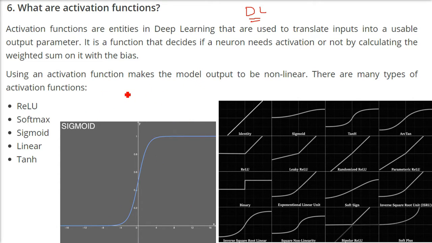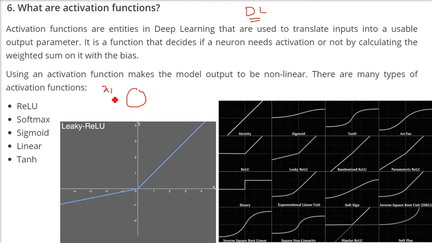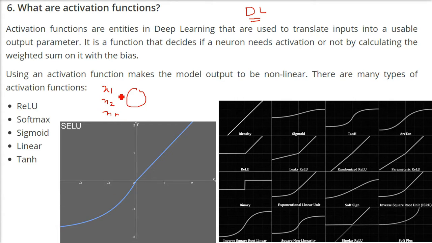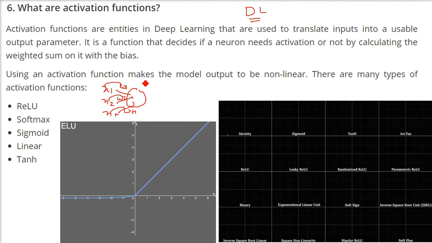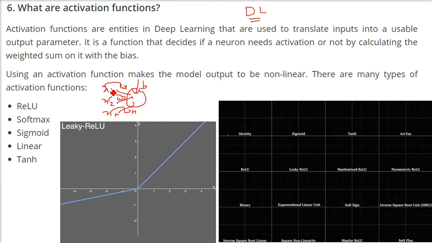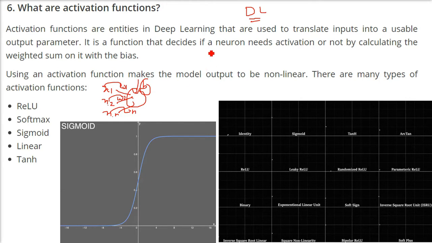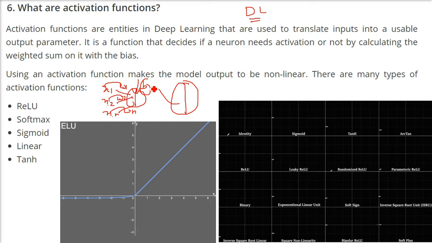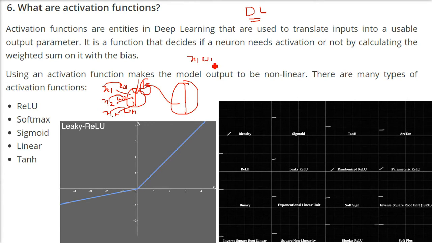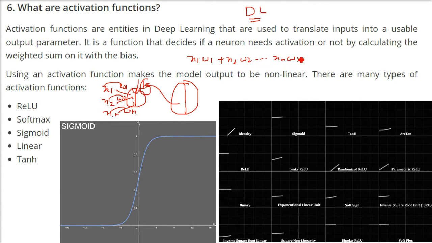I have to take you to the background also. This is your neuron. Now you have given some input. Say this neuron is in your input layer. So you have given some weights also. Weights are just the importance given to the different inputs. Now when you pass it, x1 into w1, x2 into w2 are multiplied and added, and a bias is added. Now these values are for multiple neurons, this is not one neuron. x1 w1 plus x2 w2 plus xn wn plus a bias, for a single neuron there will be some value.